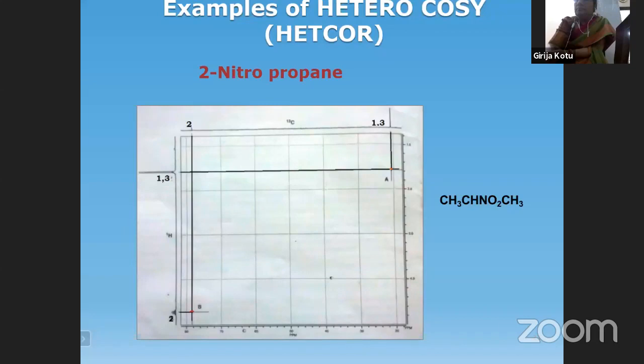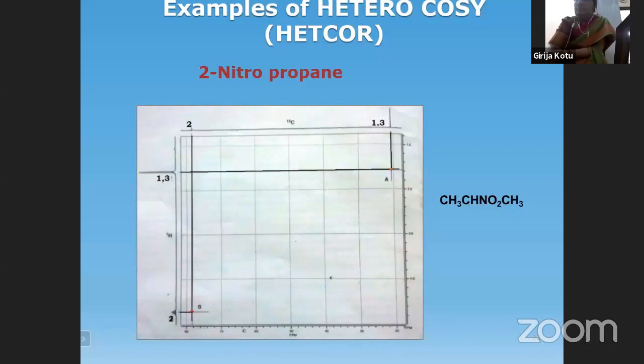Now coming to the matrix form, the connectivity between this C13 and proton. We have to look for the connectivity, the cross peaks. So where do you find the cross peaks? If you observe, you can see just the orange dots on a diagonal line. This is an imaginary diagonal line. It will not always be a diagonal line symmetrically. You can think that the cross peaks lie on an imaginary diagonal line. The orange peaks are at the corners.